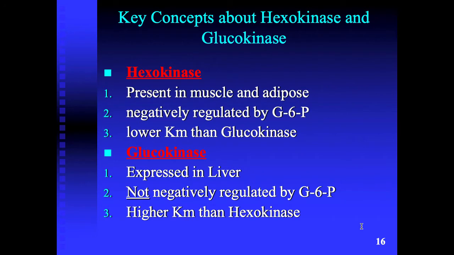Now, we've talked about some of these differences before, differences between glucokinase and hexokinase. And one of the things we said was, well, they're expressed in different tissues. And we also said that hexokinase has feedback inhibition by glucose 6-phosphate. And we also said that hexokinase has a lower Km than glucokinase. And I'll show you why that's interesting in a minute. And then glucokinase, we said, is expressed in the liver and